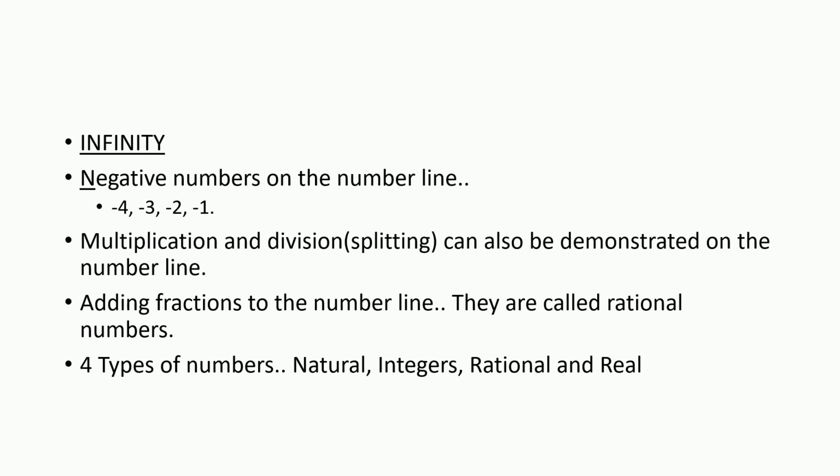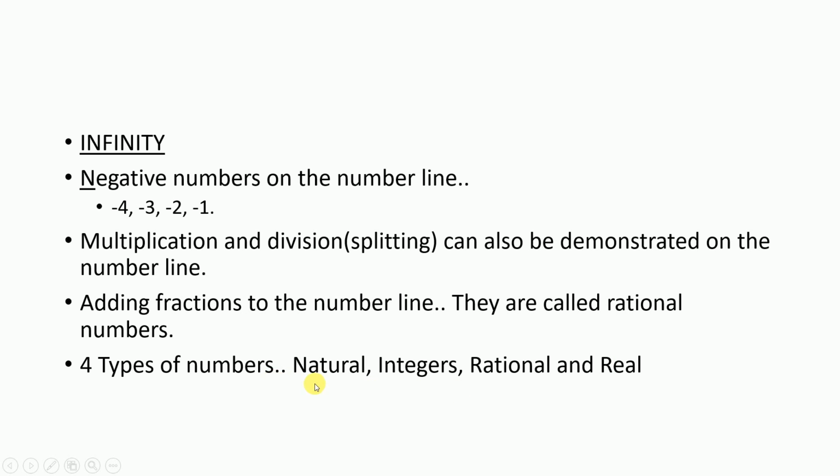You take 5 divided by 2. What is 5 divided by 2? It is 2.5. 2 cannot divide 5 with the remainder 0. If you divide 5 by 2, the quotient will be 2 and the remainder will be 1. 2 into 2 equals 4, and there is a remainder left out, 1. Or if you need an exact result, then 2.5 is the quotient, 0 is the remainder. So these fractions are called rational numbers or ratios. They have a numerator and a denominator. 5 by 2, 5 is the numerator and 2 is the denominator.